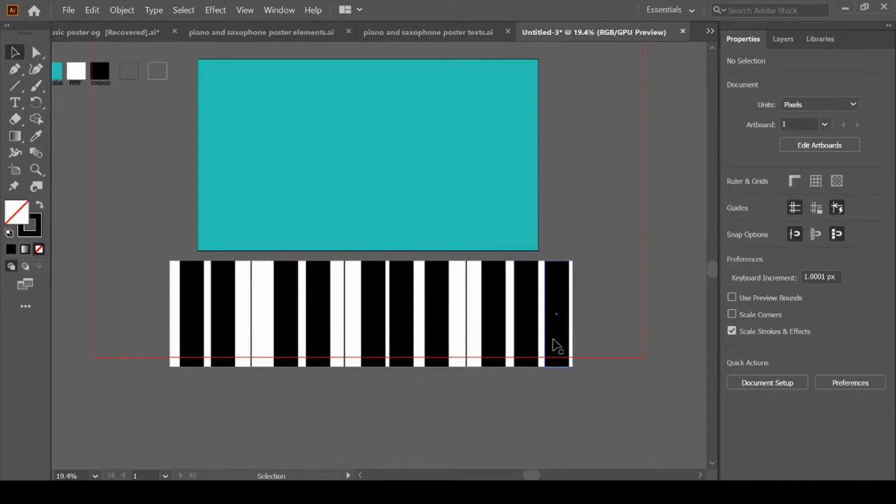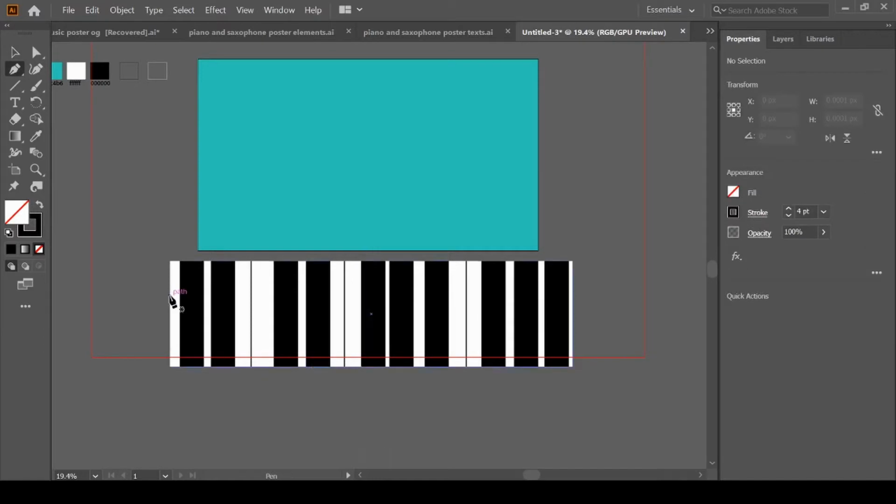Now let's give it a more interesting look. We will give it a nice wavy look. So press P for pen tool. At the time of adding curve, just click and drag.